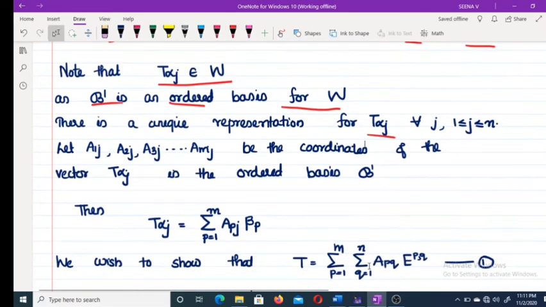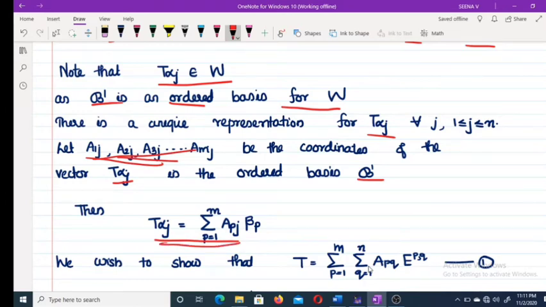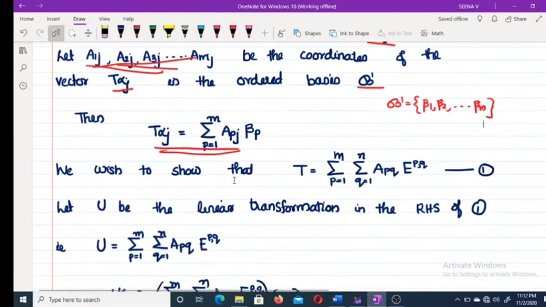Okay, so let A1j, A2j, etc., Amj be the coordinates of T alpha j relative to the ordered basis B dash. Then you can write T alpha j as a linear combination of elements in B dash. Now, the set B dash is beta 1, beta 2, etc., beta m. So T alpha j you can write as sigma p varies from 1 to m of apj beta